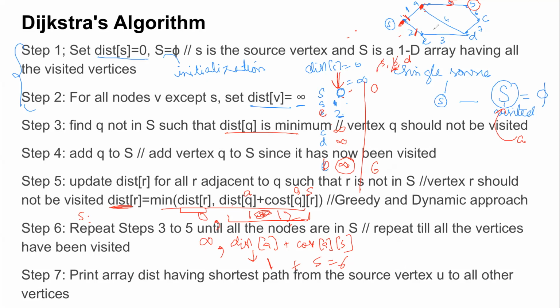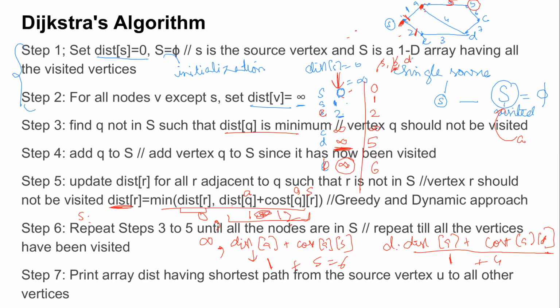Now we have to look at D. Can you tell me the value of D? It's infinity. What will be the updated cost from this formula? You have distance of A plus cost of edge AD. I want others also to try this. What will be the value, distance of A plus cost of AD, for node D? Very good, this is 1 plus 4, which is 5. The minimum of infinity and 5 is 5, so it's 5. And this was already 1, this was 2, C is still infinity.